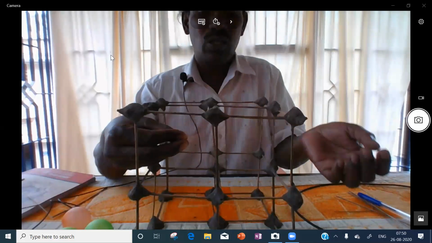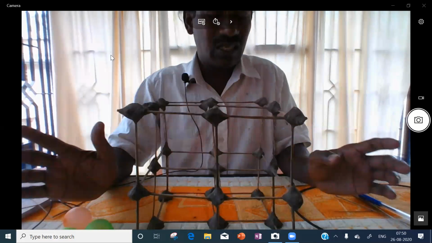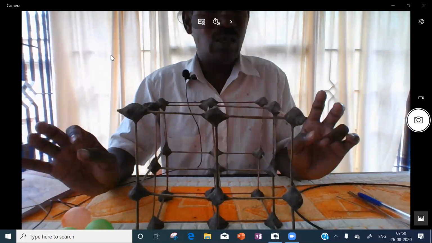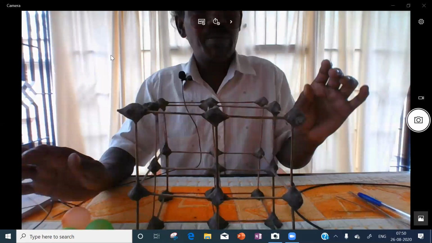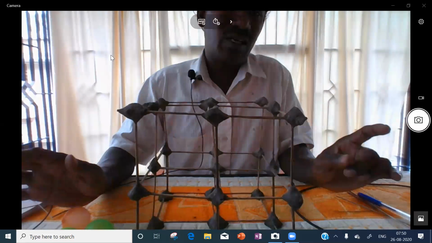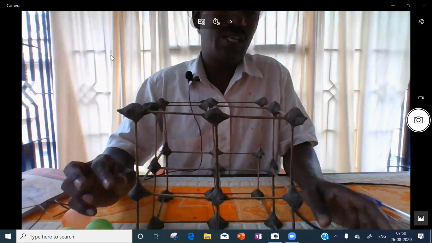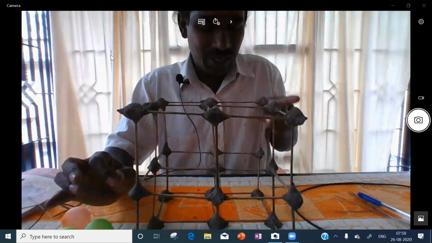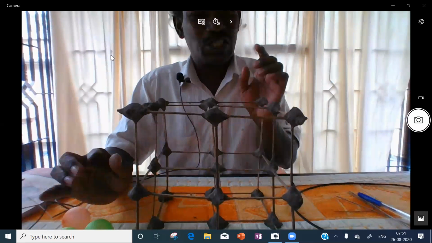So understand that a tetrahedral void is formed by 2 neighboring layers. In one layer we consider one corner, in the neighboring layer we consider 3 face centers. Between these 2 layers a tetrahedral void is possible. Now you say, what is the number of constituent particles per unit cell of FCC?